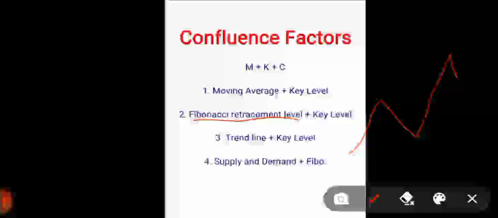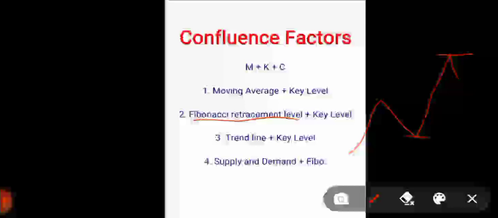So we just drag it from these lows all through to these highs here. We drag it from the most recent low to the most recent high. So after dragging that, the most important level I look out for is the